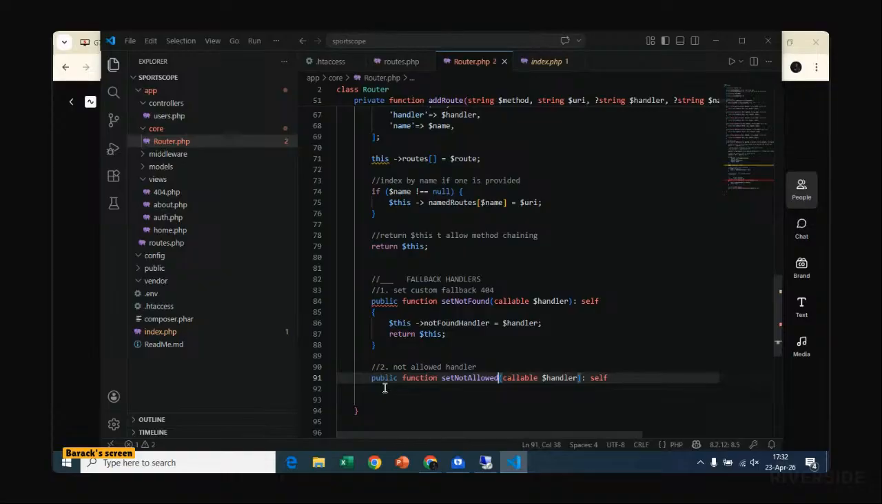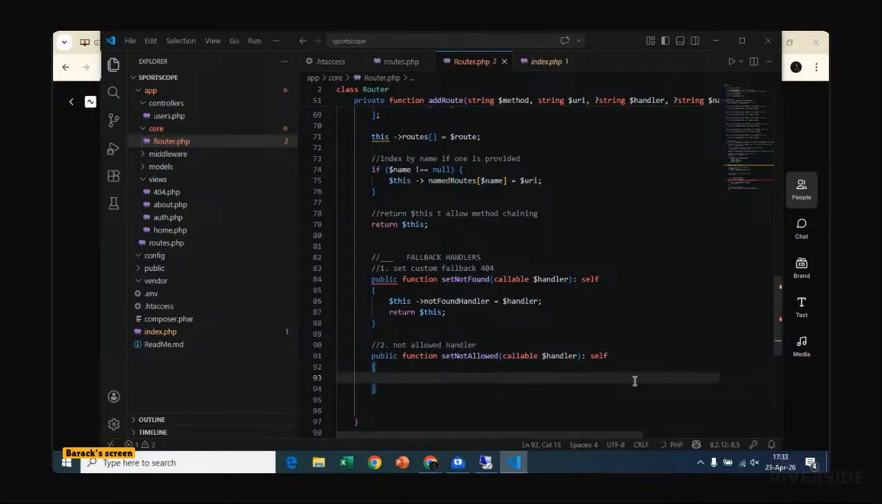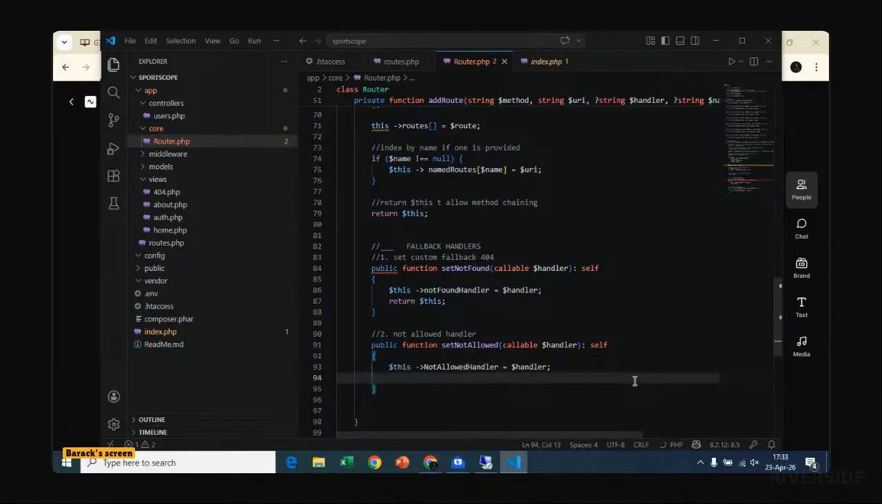So set not allowed to be callable as a handler, where under this function you can see that the syntax flows this way where we say this not allowed handler, that is correct, and then we return this. Perfect. So the first handler ensures that we set